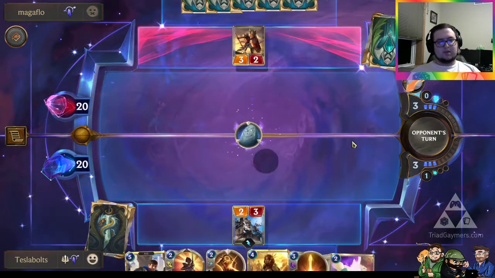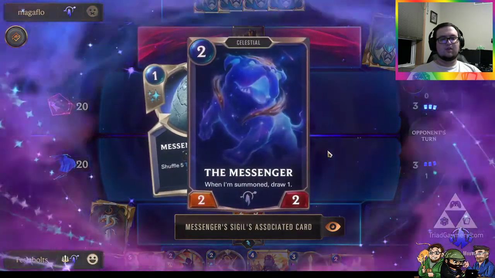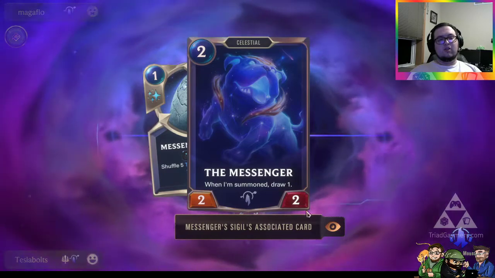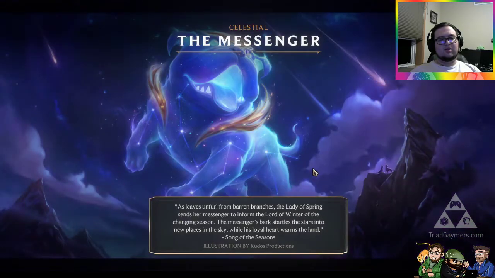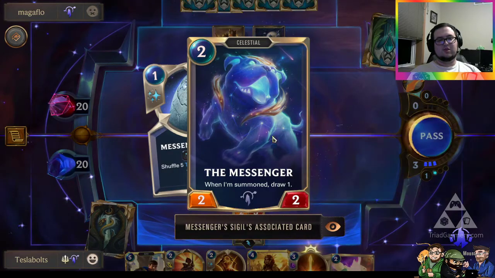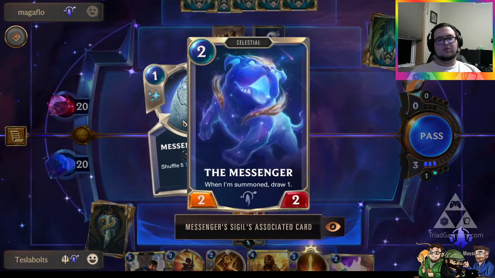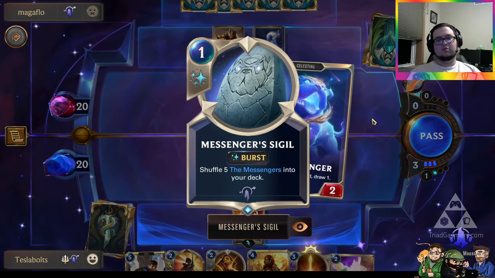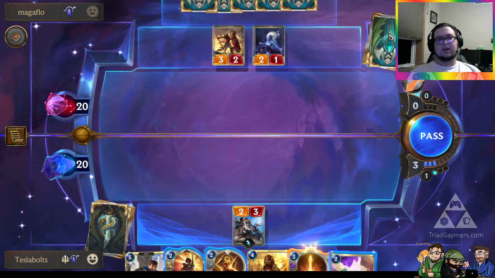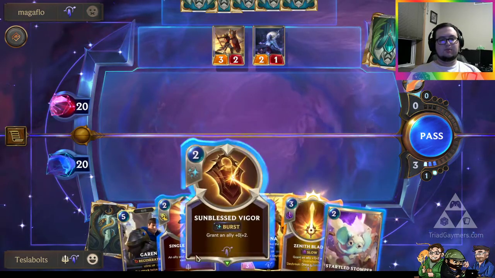Oh, Startled Stomper. So cute. Shuffle the 5. What are the 5 messengers? Or 5 the messengers. Oh! That's so cute! It's a pug! I love it in the lore, the pug is the messenger, because that's just so cute and so wholesome. But yeah, so you just get a bunch of 2-mana 2/2s that also draw you 1 card when you summon them. That is really good for a 1-mana burst spell, but yeah, I guess they're just in your deck, so, you know, it's not like it's huge, but...